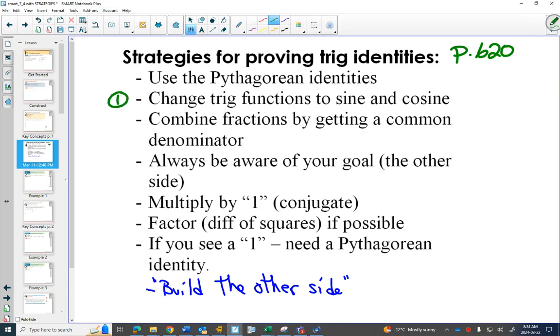Put a number 1 beside both of those, because that was our number 1 strategy to start with. We changed things to sine and cosine, and we got things to be a single fraction on both sides. So maybe I'll put,